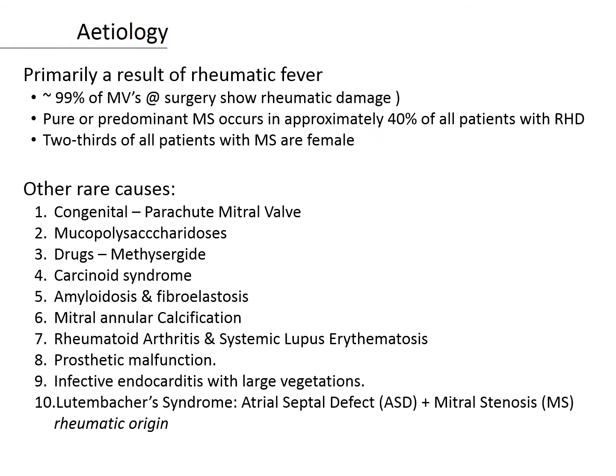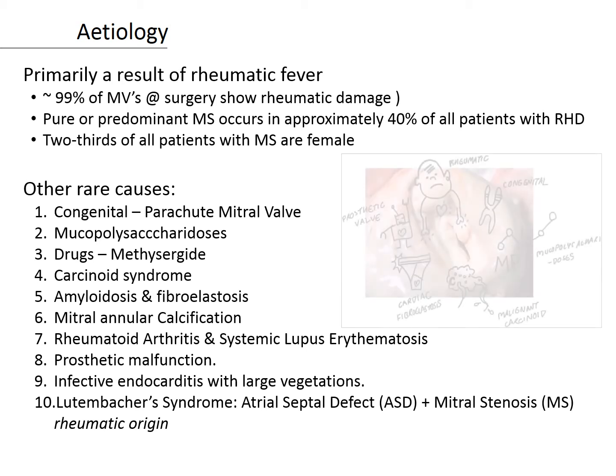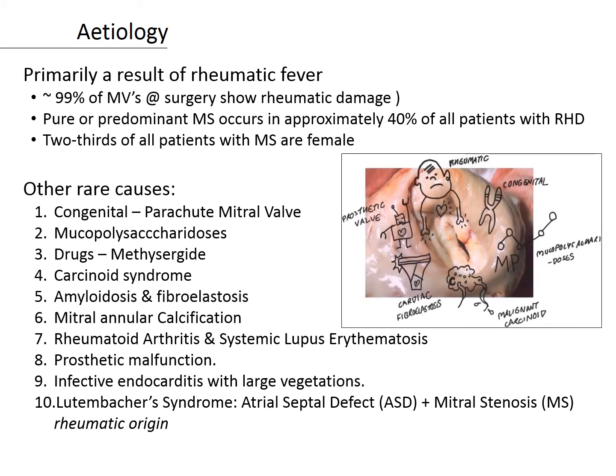Let us now mention the different causes of mitral stenosis. Rheumatic fever is responsible for the great majority of cases of mitral valve stenosis. Pure or predominant mitral stenosis occurs in approximately 40% of all patients with rheumatic heart disease. 2/3 of all patients with mitral stenosis are female. Other rare causes of mitral stenosis include congenital parachute mitral valve, in which shortened chorda tendineae insert into a single papillary muscle, causing obstruction to flow,